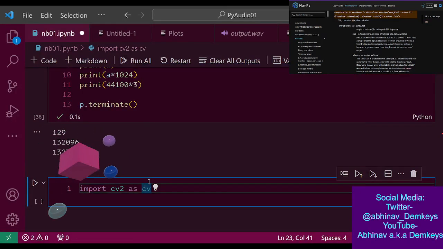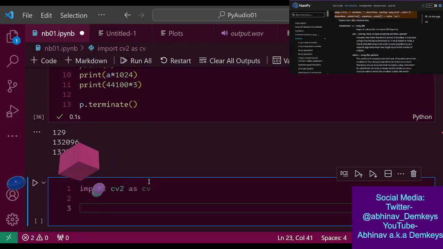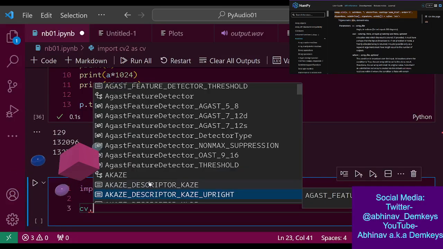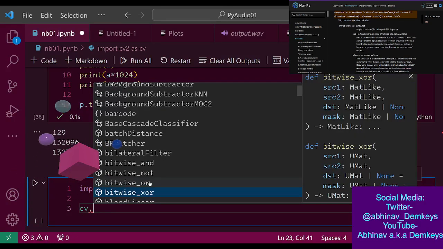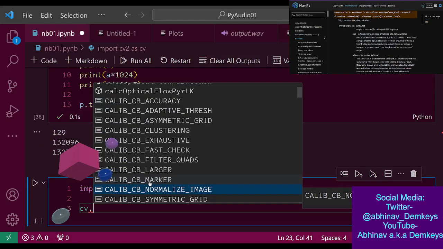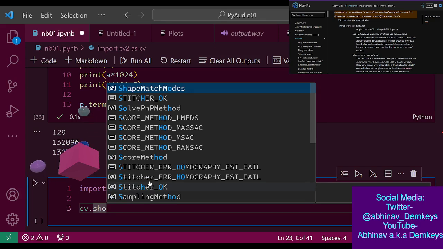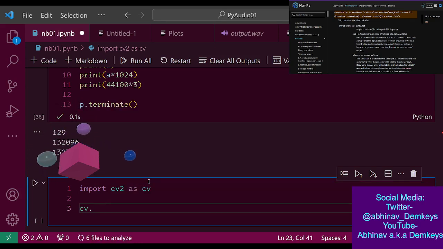Yeah, okay. So CV2 as CV. Thank you for that. I completely forgot about that. Okay. So then, oh my God, I'm completely blanking on OpenCV. Give me a second. Let me look up an example.